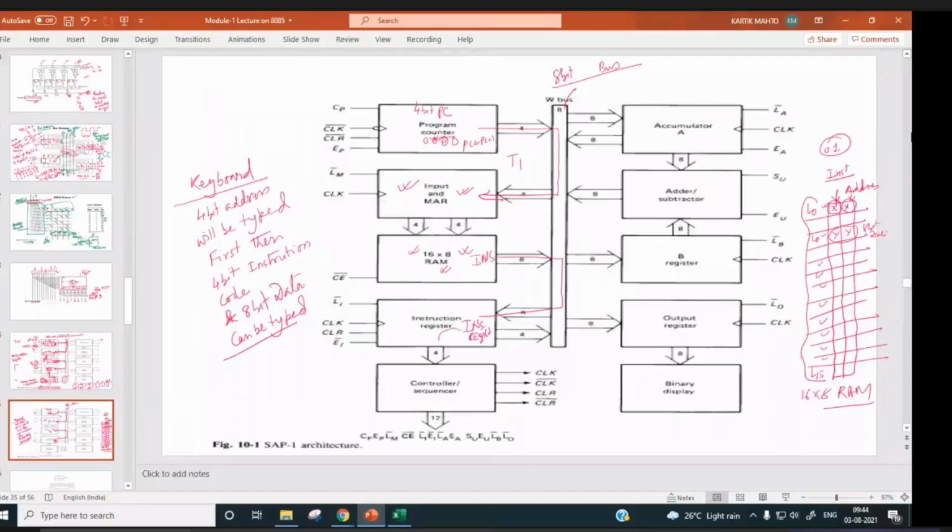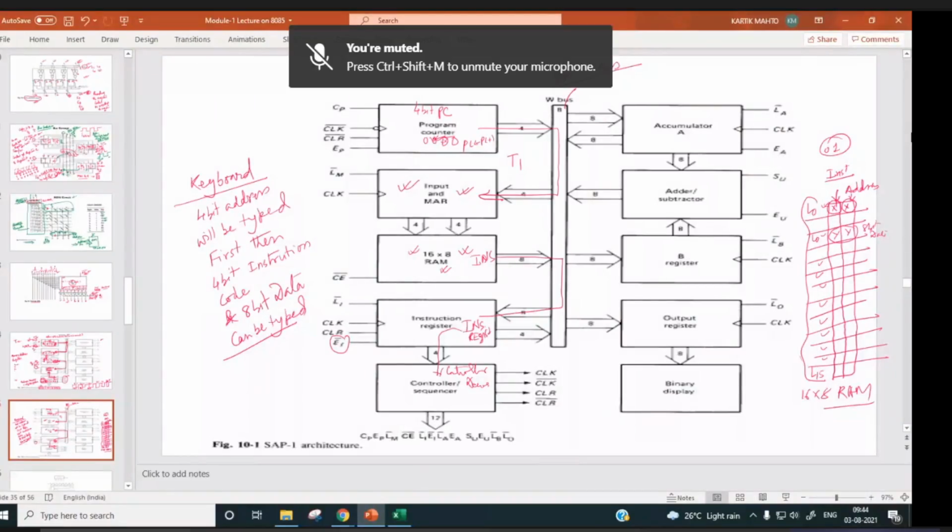And from here, if EI is made active, it will go to the controller sequencer, and here it will be decoded. After decoding, whatever this command says will be performed by this system.